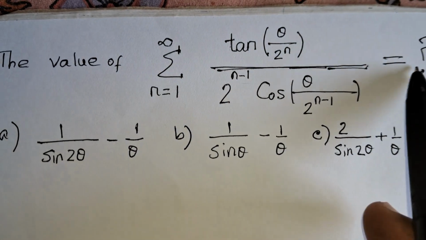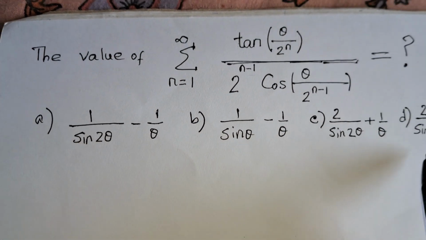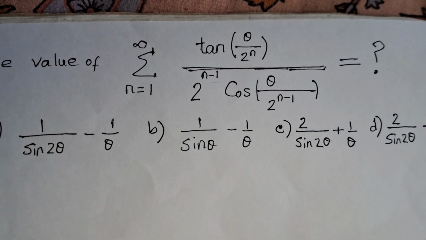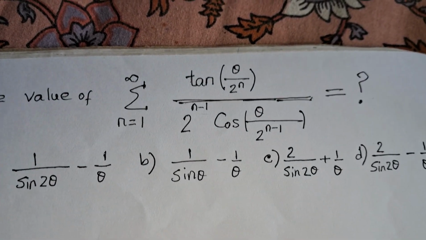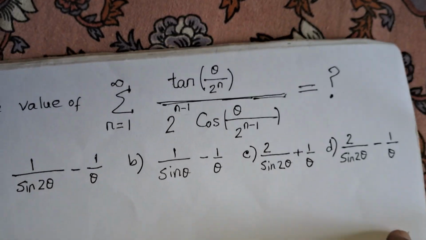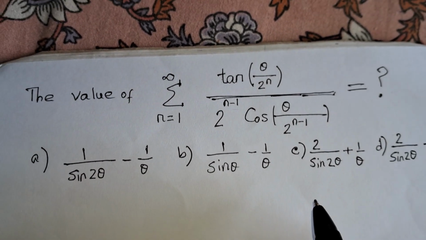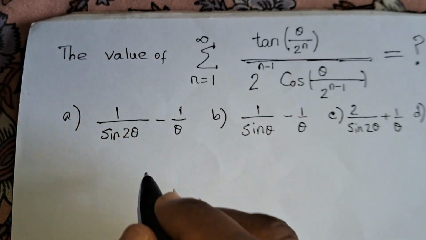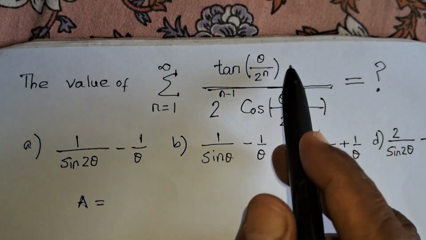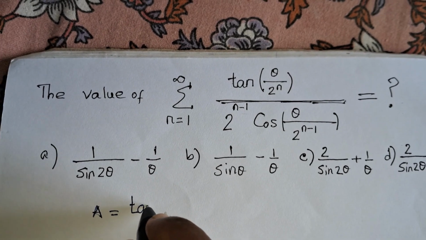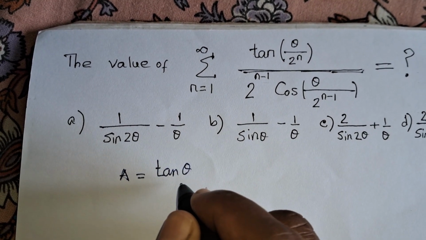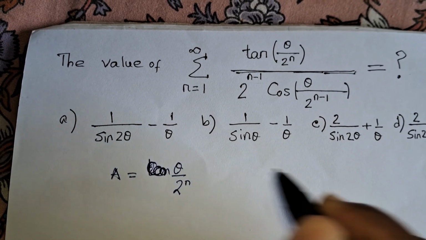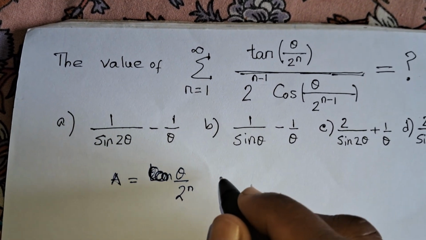The value of this we need to find. These are the options. So what to do? To make it easy, let's take A equal to this one. Now, only the angle theta by 2 to the power n. Okay, that means